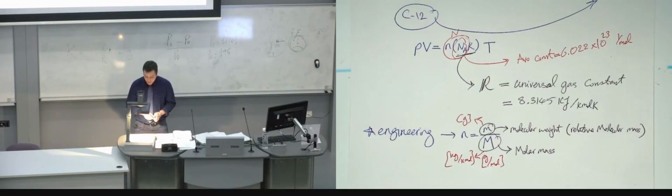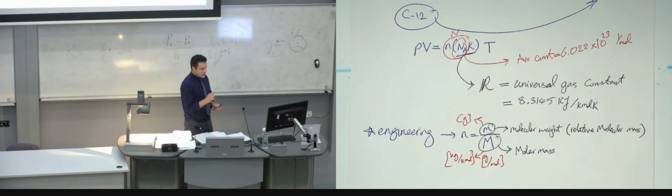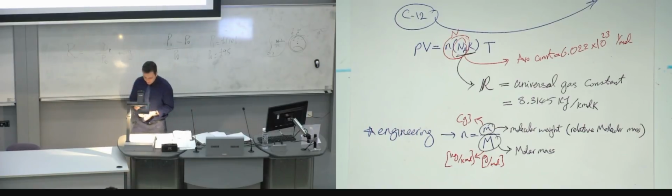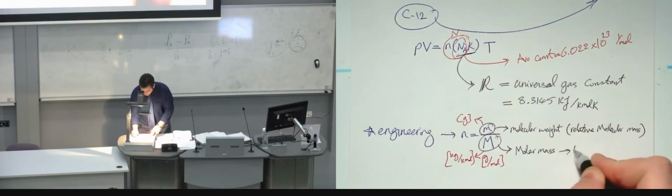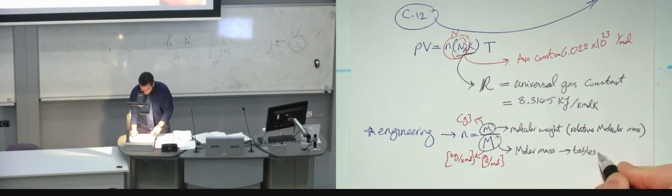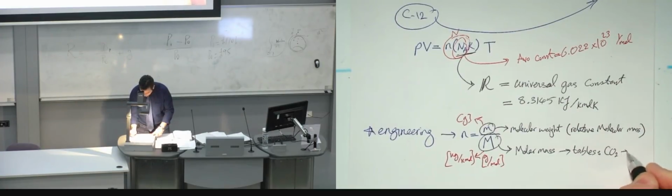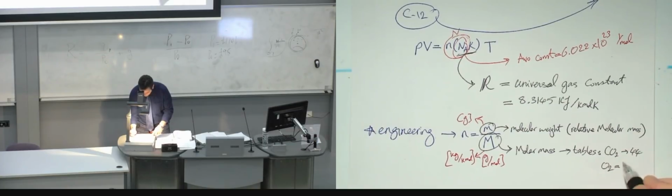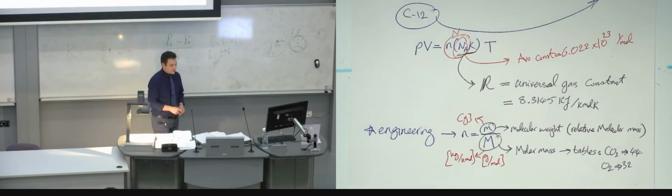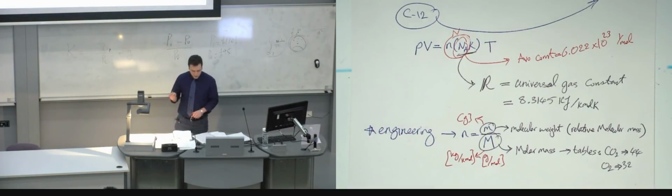Something good about the molar mass, and this is the important bit, is that the molar mass is not question dependent. What I mean by that is that you could find tables which would give you the molar mass for, for example, CO2, which is 44, or O2, which is 32, etc. If you look at your formula sheet, you will find a table on the second page